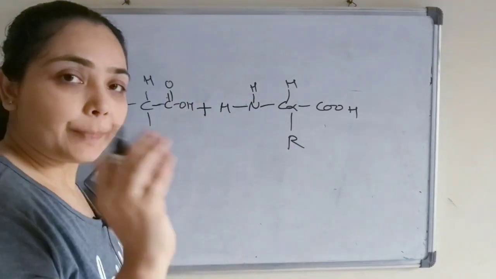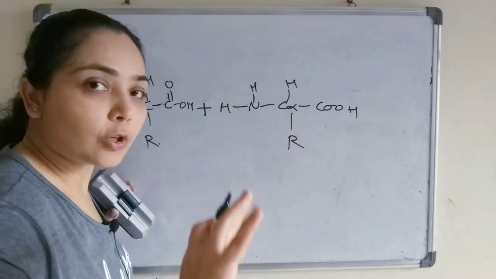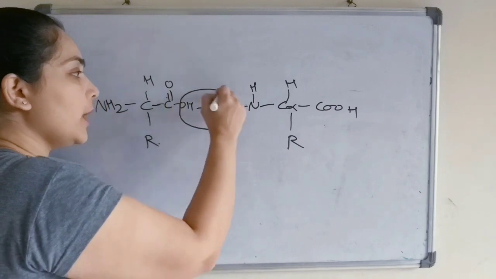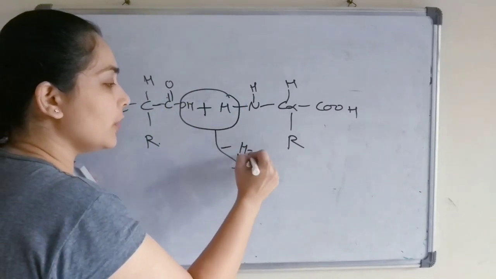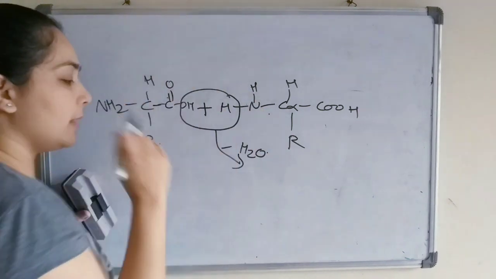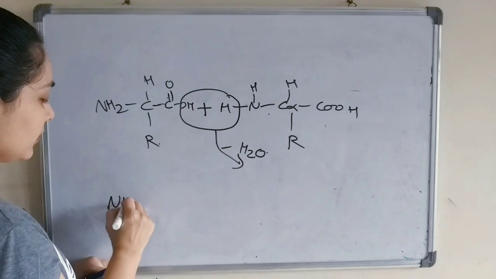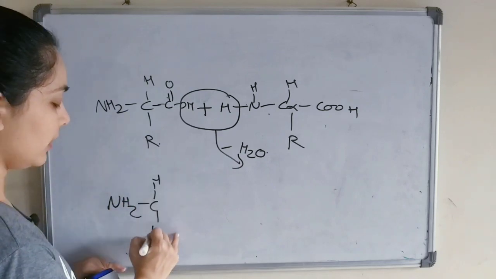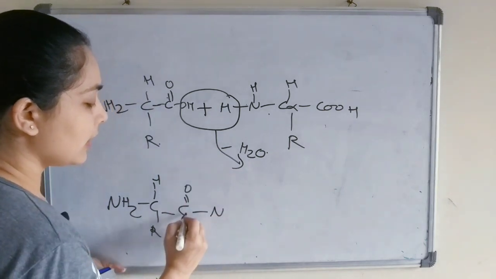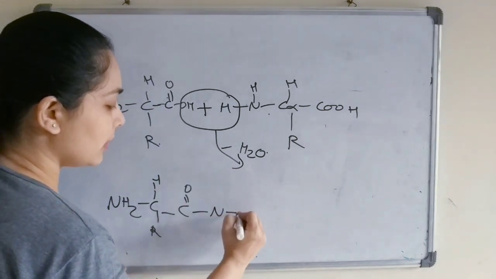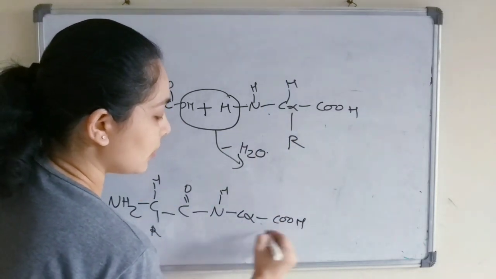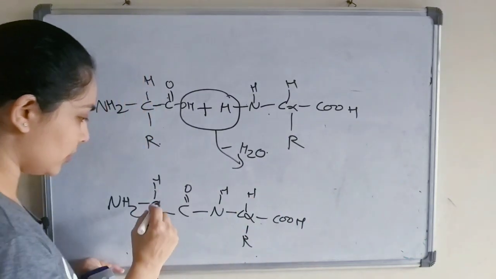What we had discussed, peptide bond is formed with the removal of one water molecule, H2O. So one hydrogen will come from here, OH will come from here. So there is a removal of one water molecule. Now the bond is formed between the carbon and nitrogen. So NH2C, C double bond O. Now carbon and nitrogen, this nitrogen has one hydrogen and the rest of the thing as it is. Okay, side chain and the hydrogen.